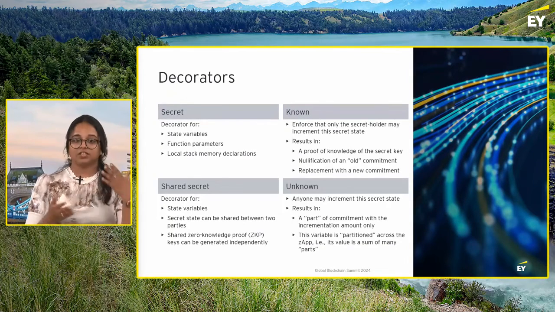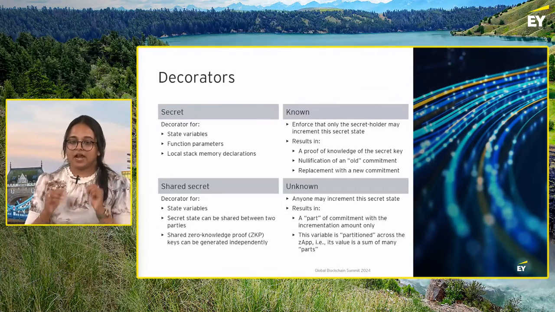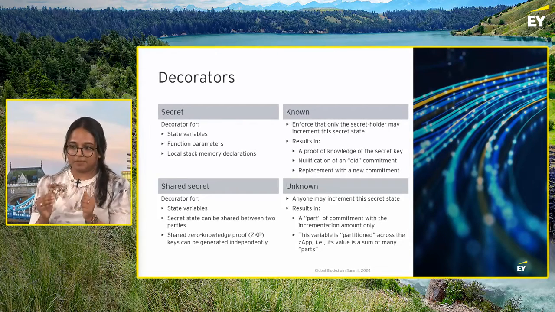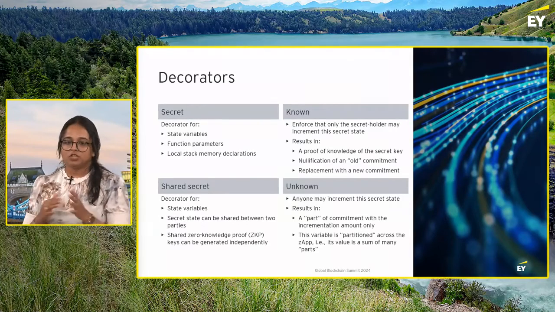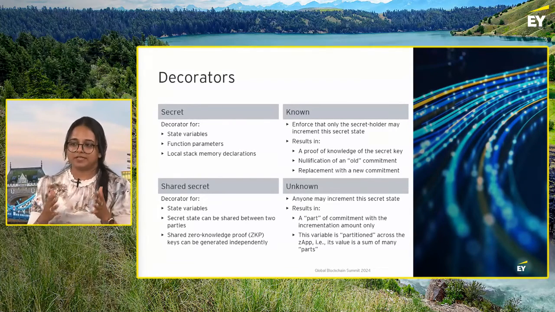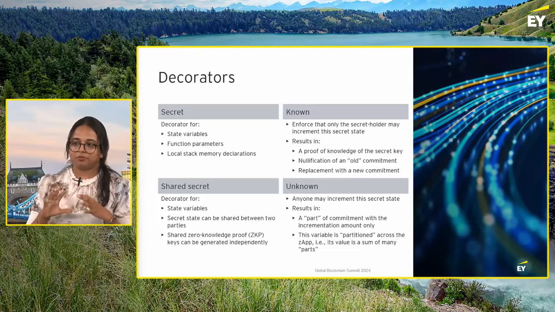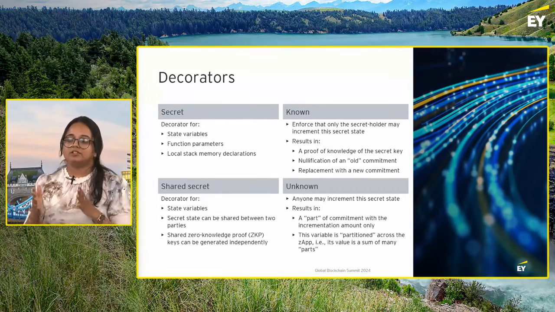On the other hand, if we have a variable marked as known, that means Starlight will always ask you to prove knowledge of the secret key related to the commitment of that state variable. Whenever you increment your state, it will nullify the previous commitment, or you can say replace the previous commitment with the new commitment. So you will end up having a single commitment representing your state every time, and the value of that state will be the value of that pre-image. So these were the four main decorators that Starlight has,